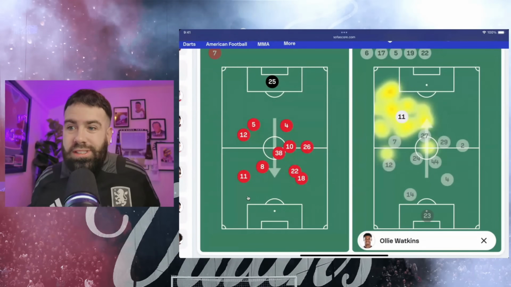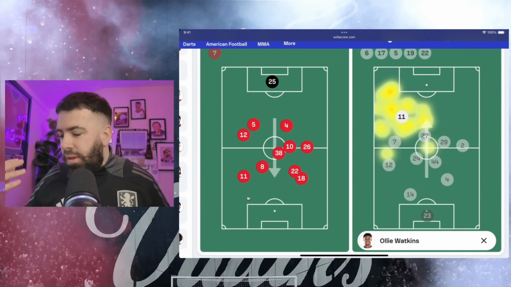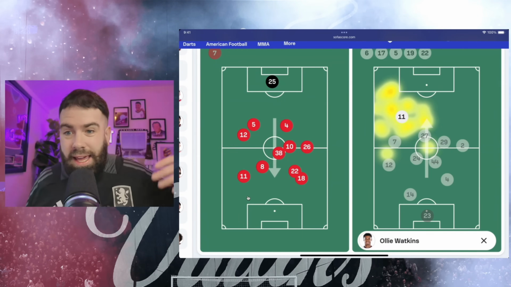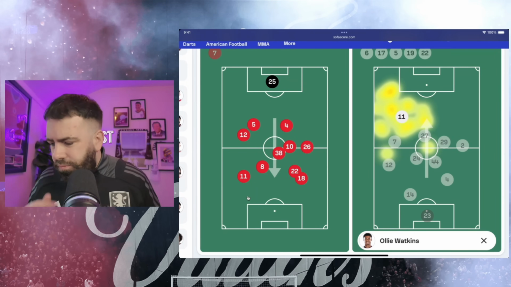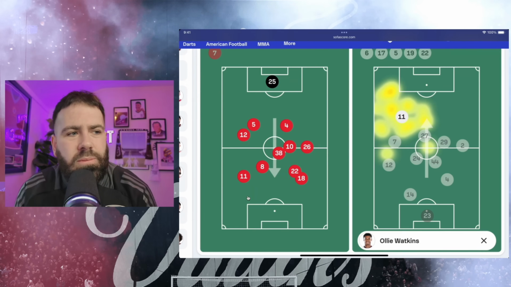But I look at this game from Watkins against Liverpool, and I can see the plan. We can all see what the plan was, right? I've showed you the passes. I've showed you where Watkins is positioned. We know that he's trying to go in behind Kanate, in behind Connor Bradley. But I just feel like we've got to sometimes...